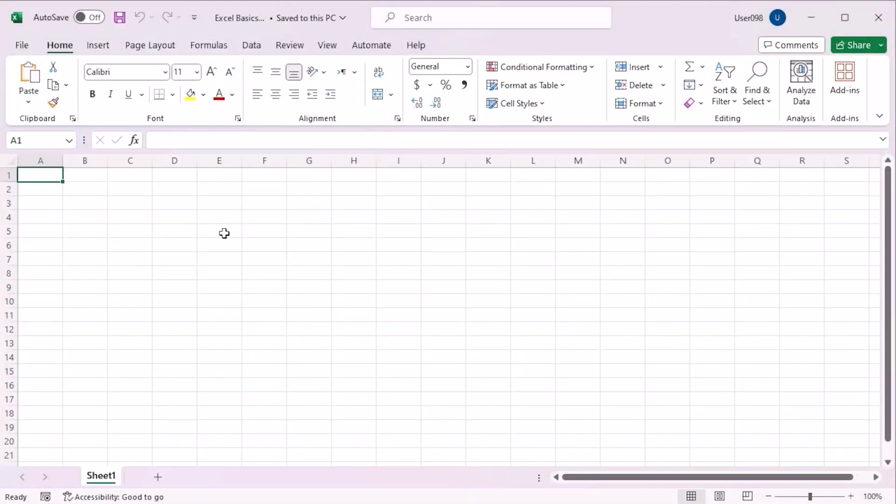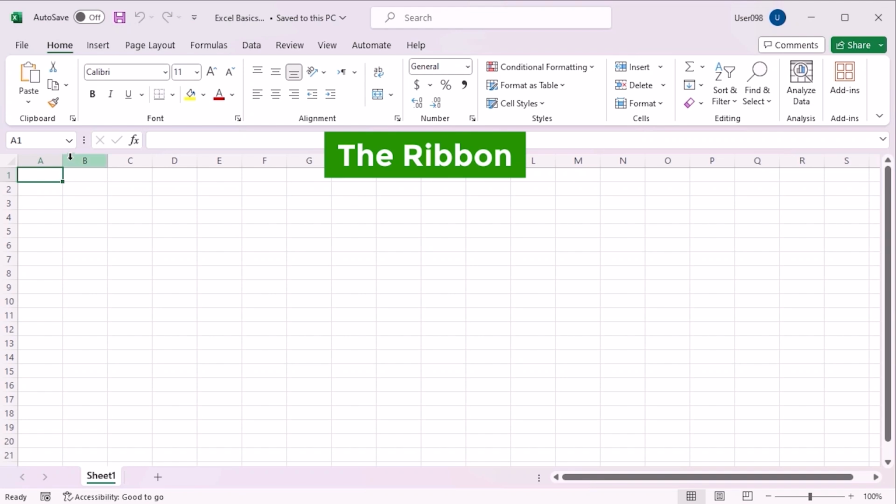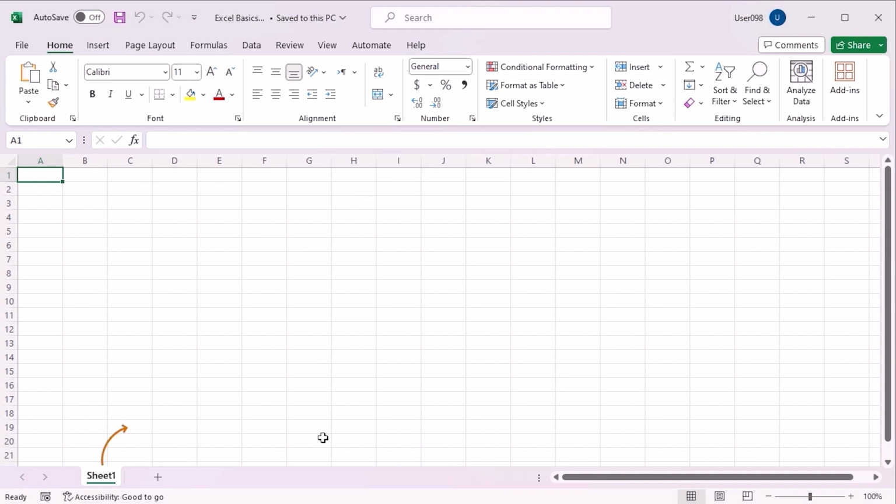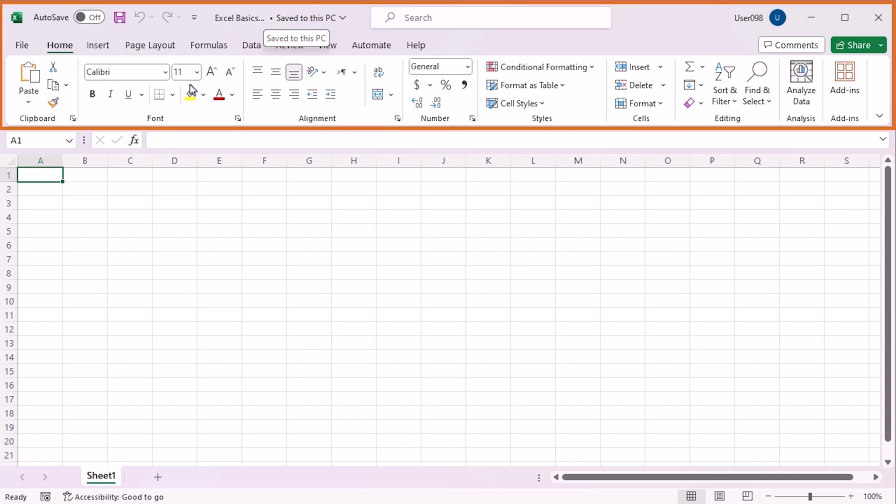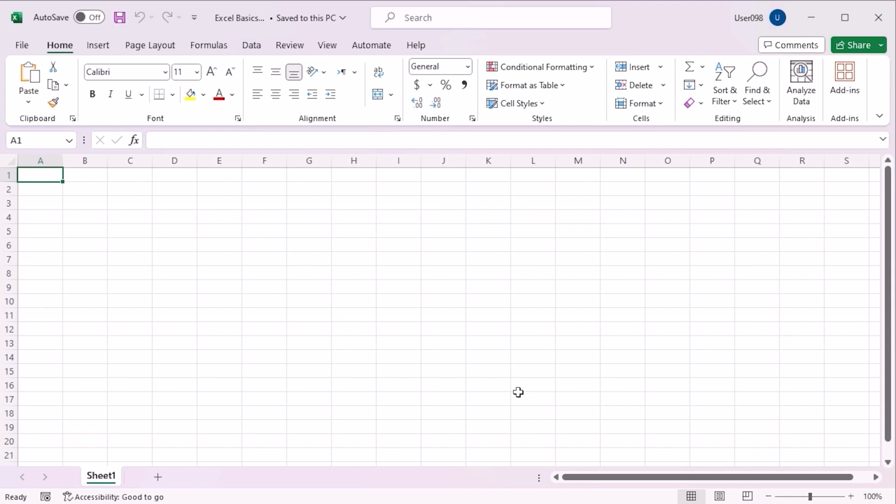Our next section to be discussed is the ribbon. Now each of these sheets are called worksheets. As we had said that each workbook can have as many pages as we want, the pages are called sheets here. And for all the sheets, the Quick Access Toolbar and the ribbon remain constant. Other parameters will change as we change our worksheets. The ribbon